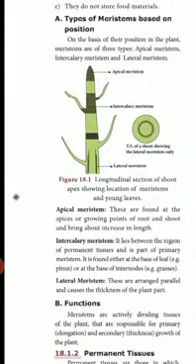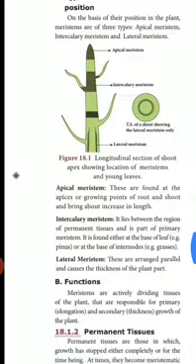So apical meristem is always found in the apex. Apex is nothing but the tip of the stem or growing point. When you look at plants, we come to know that the growing point is always the tip or the head of the stem, and it will always lead the increase of the length. So this is one of the unique characters of the apical meristem.